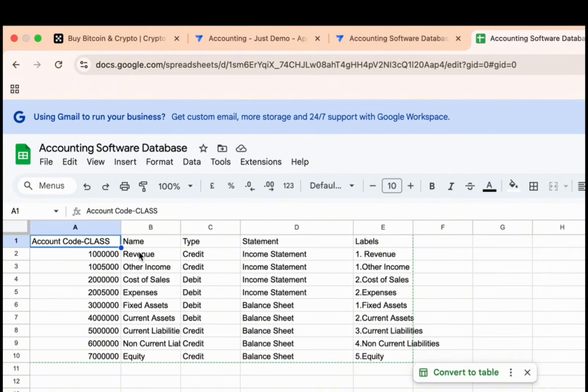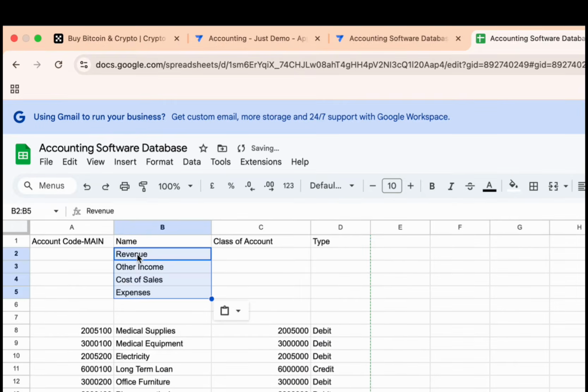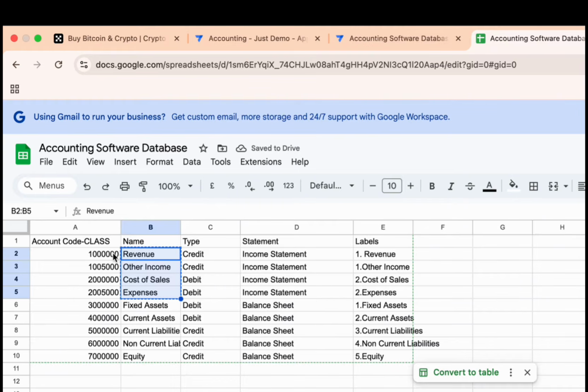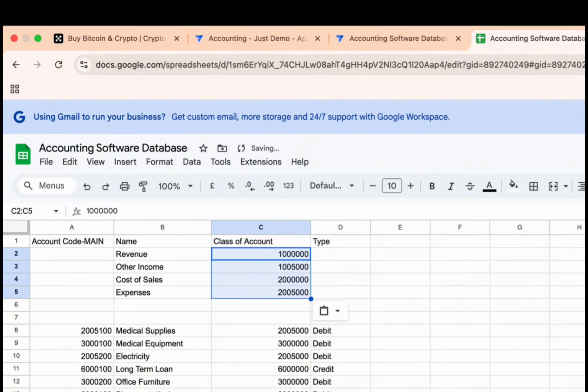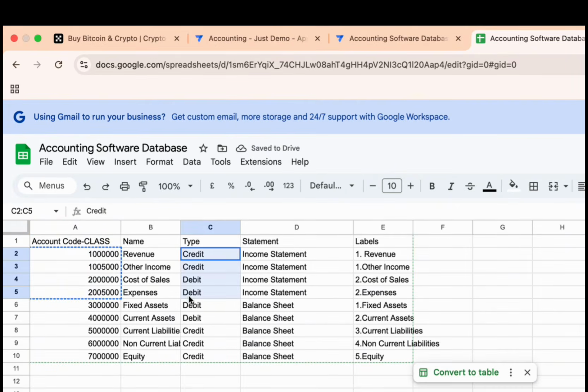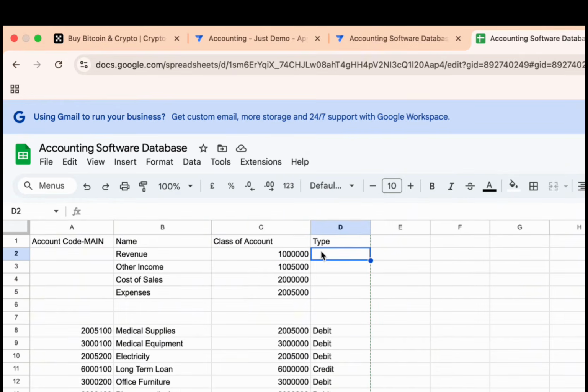Okay, and we're going to copy these lines. So these ones, copy this, come and paste it here as a name. Okay, and then copy, where is the account here? This one. And then I'll paste this here. And we need a type. Copy that as well. Paste the type here.